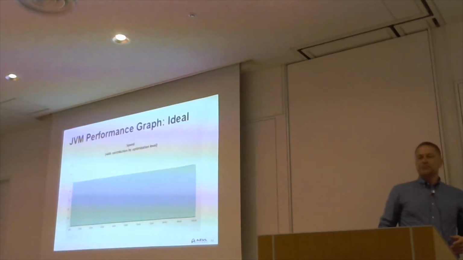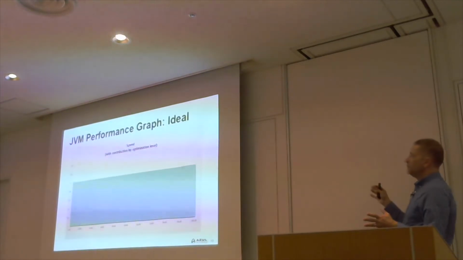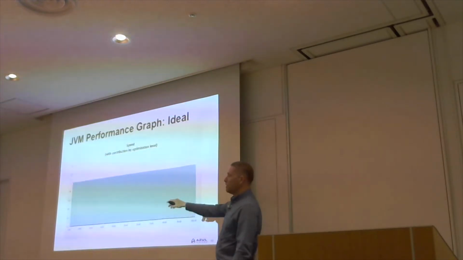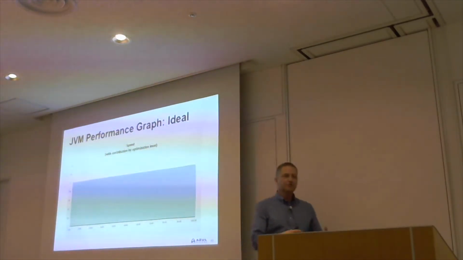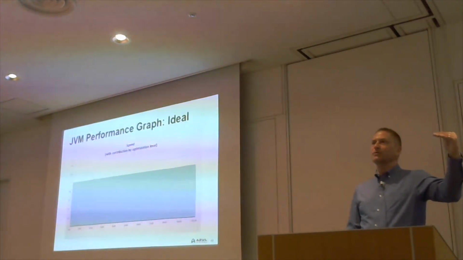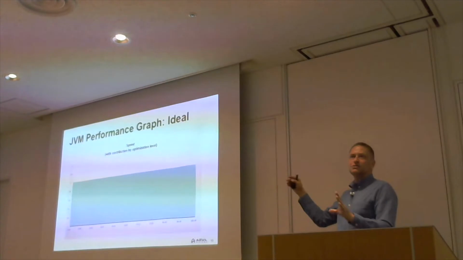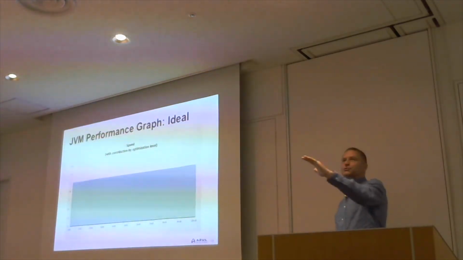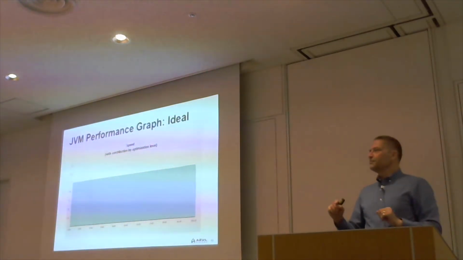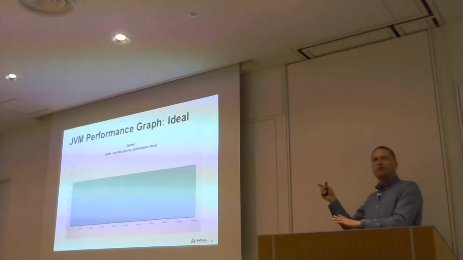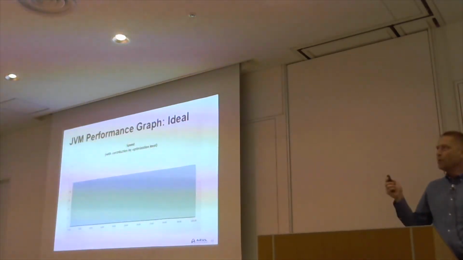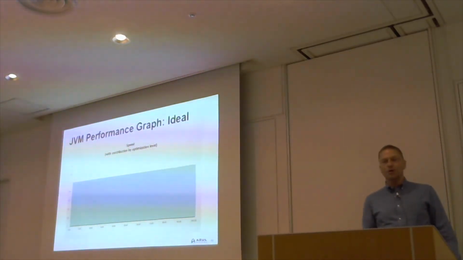Now, what I did was I put together what I call the performance graph of an ideal JVM. What we've got here is a nice simple graph, where when you start up the JVM, your application runs at 100% of its possible performance on that JVM. And over time, that doesn't change at all. You get exactly 100% right from the very beginning to right at the very end. I'm willing to bet that nobody here has seen a performance graph of their JVM like this. And that's because of the way that the JVM works. What we typically see is something much more like this.